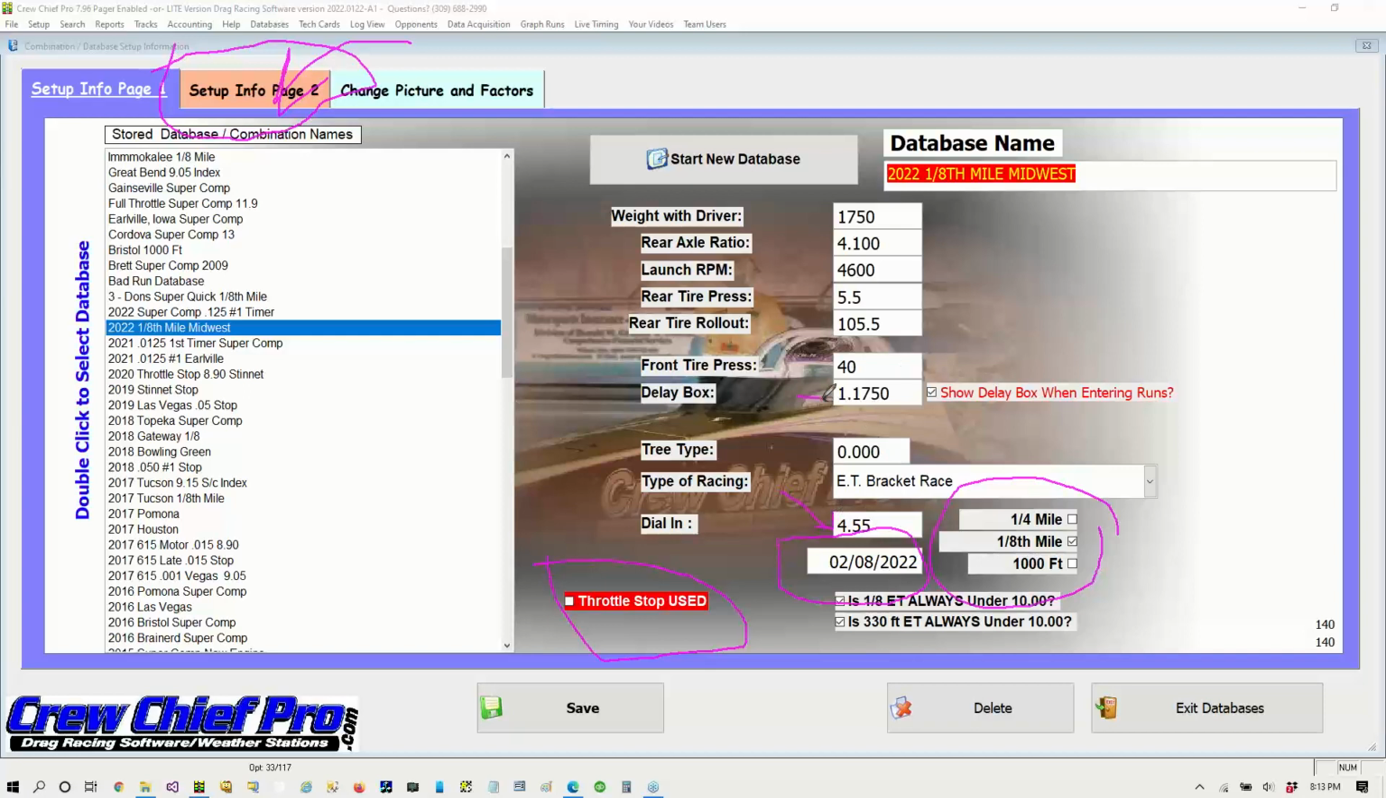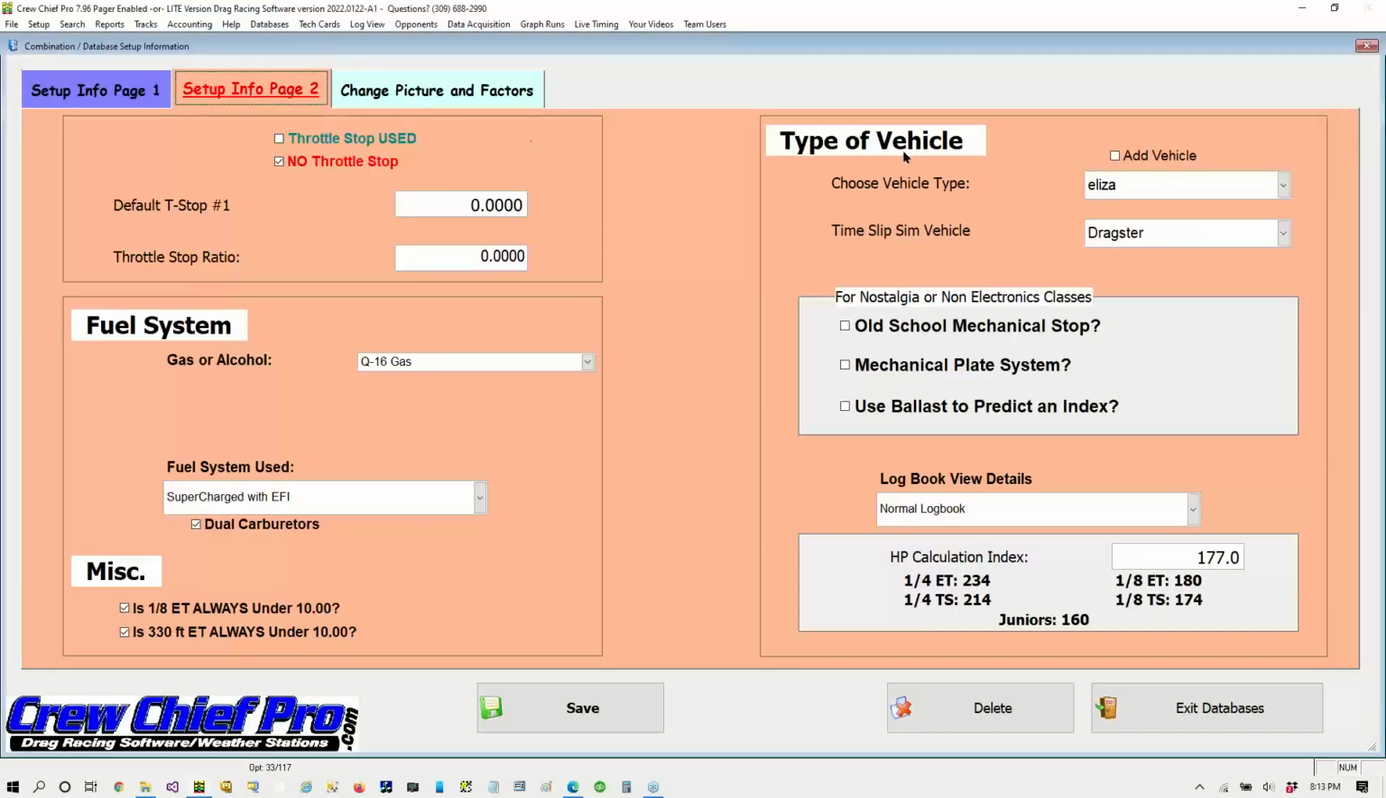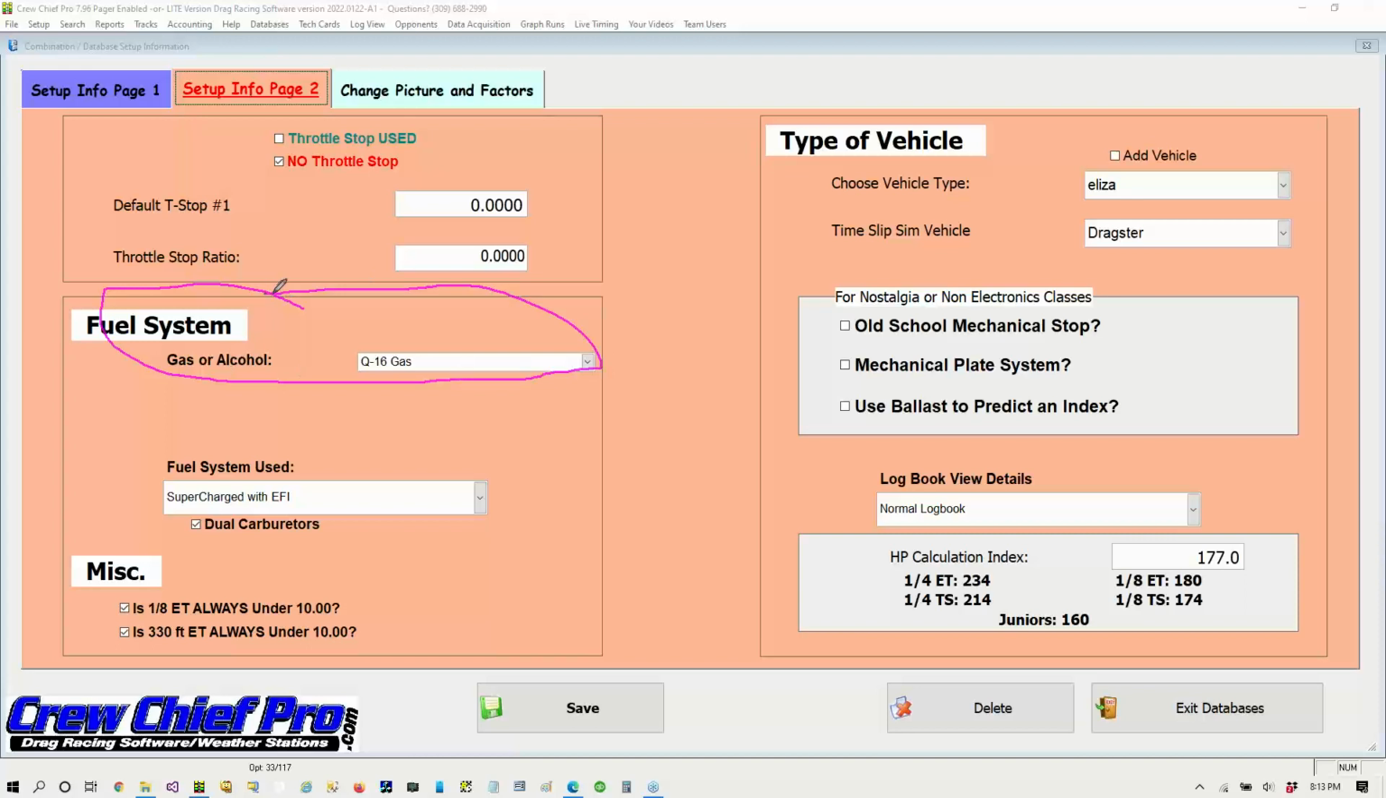And your delay box, if you have one, goes in there. If you don't want a delay box, make sure you uncheck Show Delay Box when entering runs. And then it won't show you a delay box. Now, Setup Info, page 2 in the orange up here has the throttle stop information if you're using one on the upper left. And it has the fuel system right here,